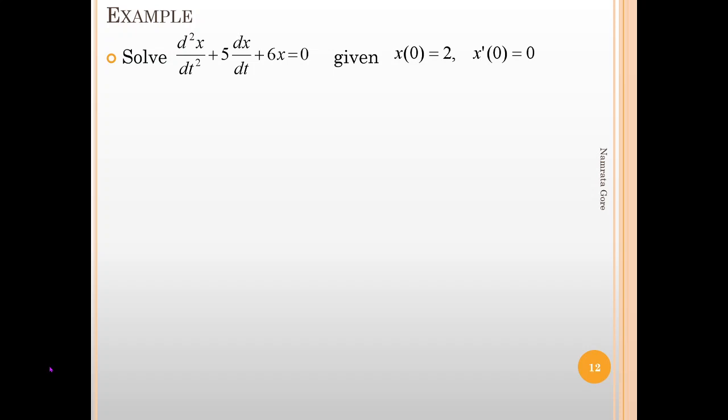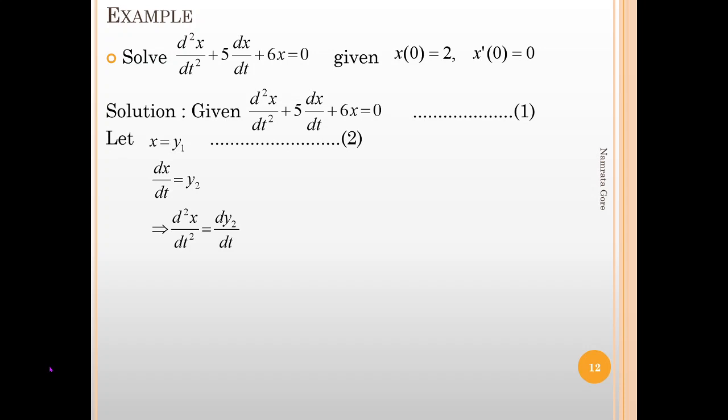One more example, wherein again given equation 1, and here the change is that up till now we have seen examples with dy by dx. Here the change is, the example is dx by dt, that is, here the dependent variable is x, the independent variable is t, so our solution will be in the form of x equal to, hence our substitution will also be in the form of x equal to.